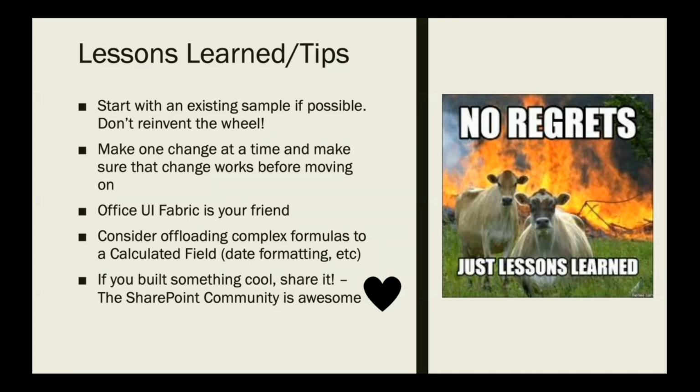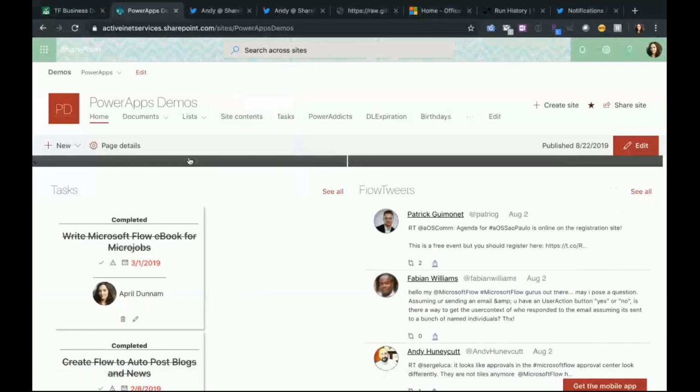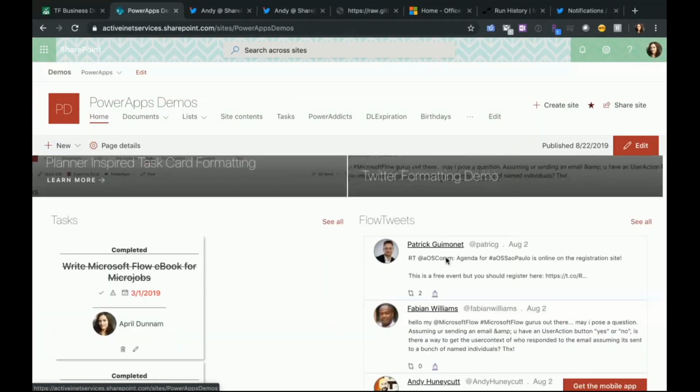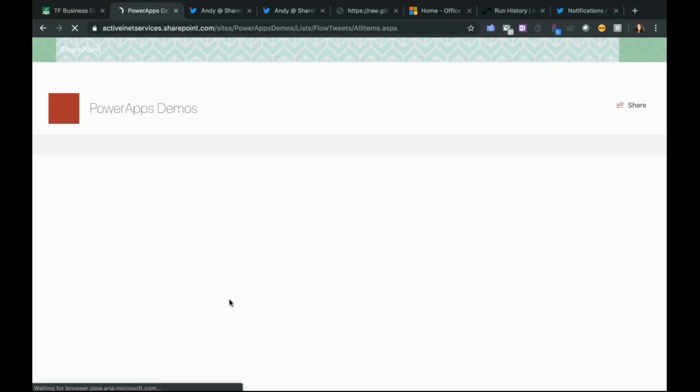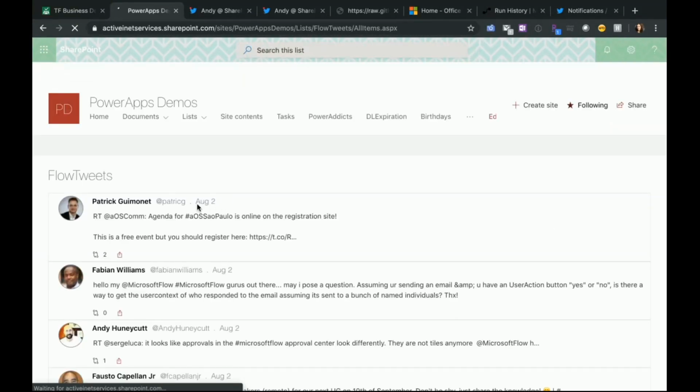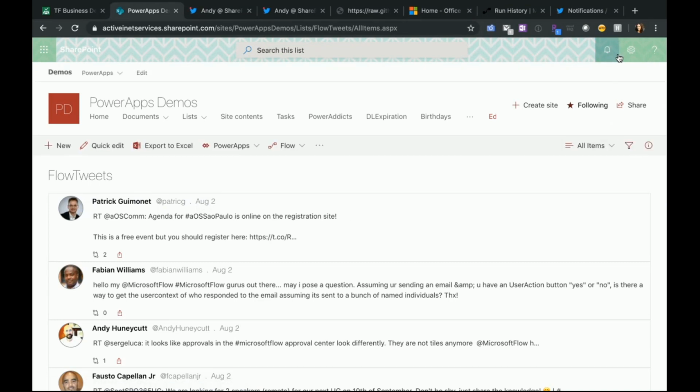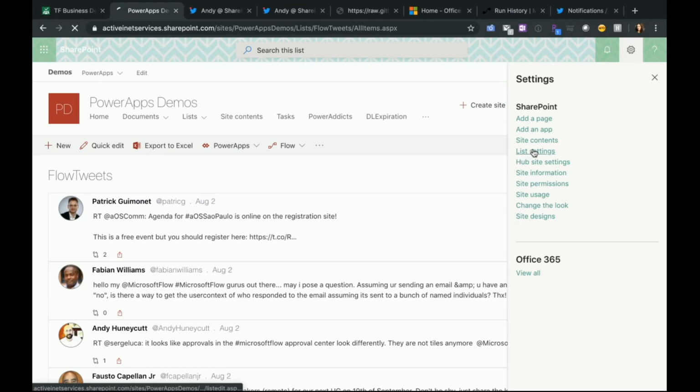And then another one is consider offloading complex formulas to a calculated field. So if you need to do something like in my Twitter example here, I'll actually jump back to that real quick. I'm utilizing that to do the format. So this is just a basic date field with the time in SharePoint. So I'm actually using a calculated column to make it show the month name spelled out like that and the date. So if we go here to our list settings real quick,